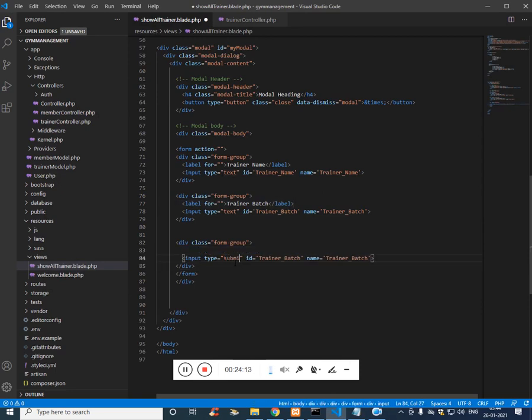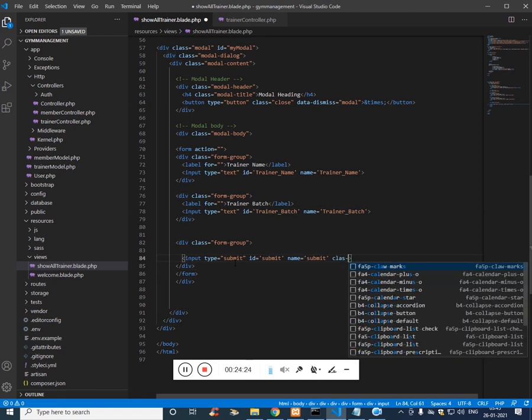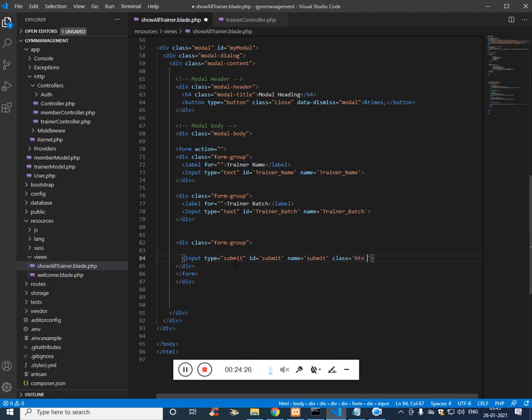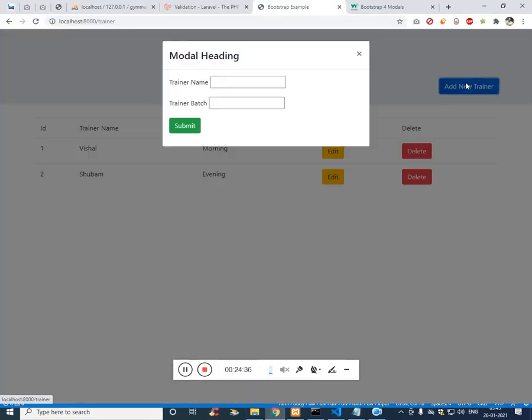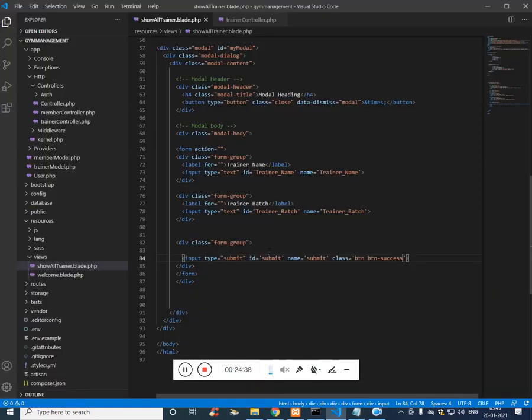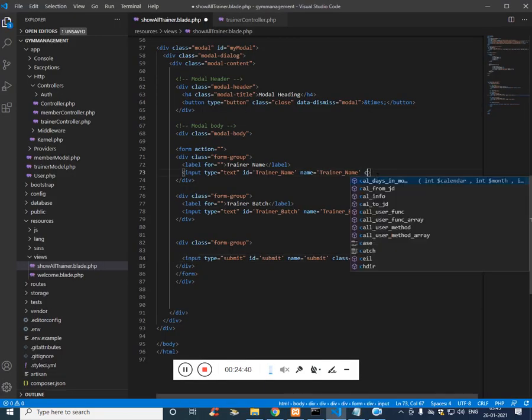Input type submit, class btn, success, just to get the color green.